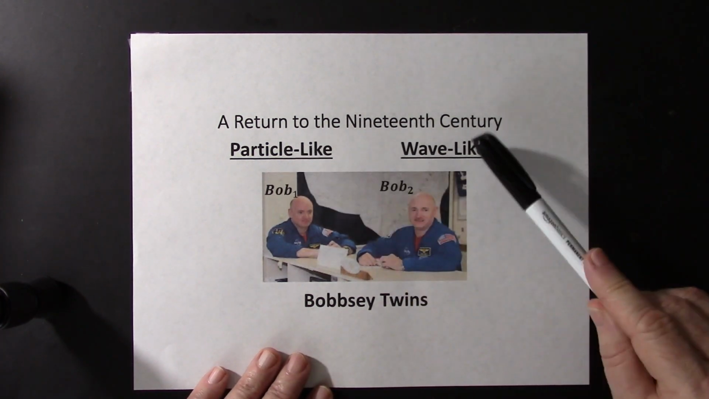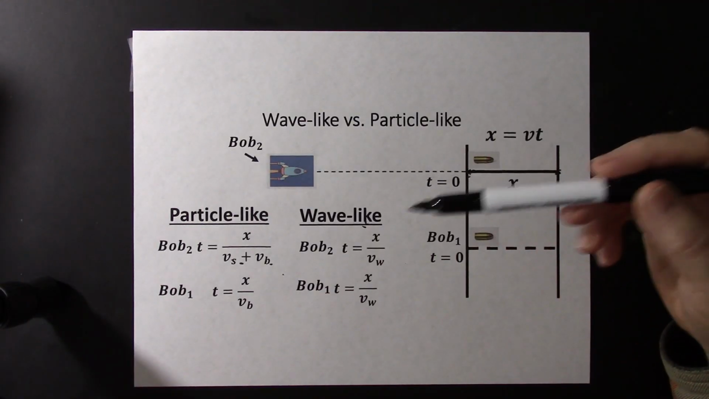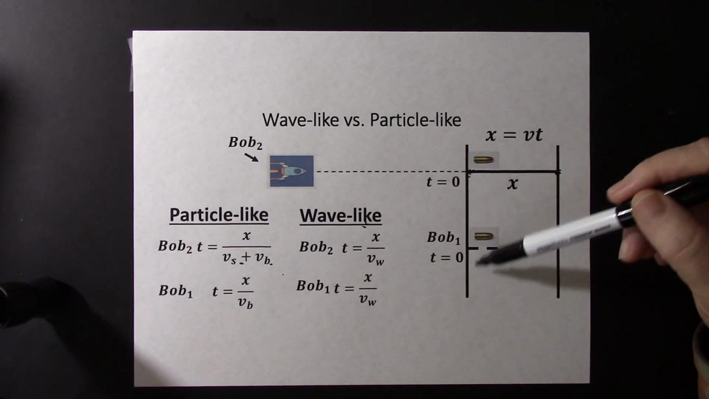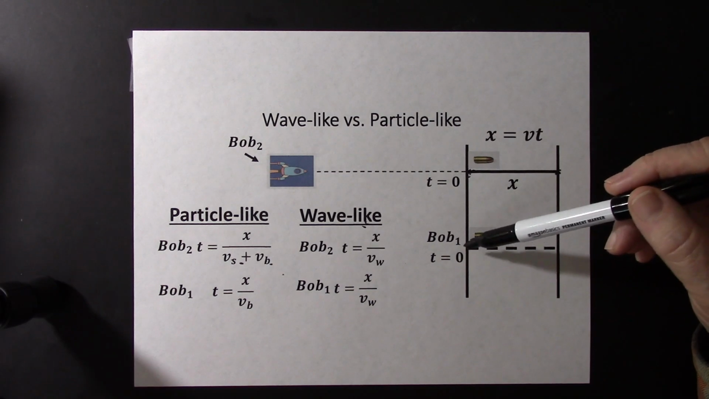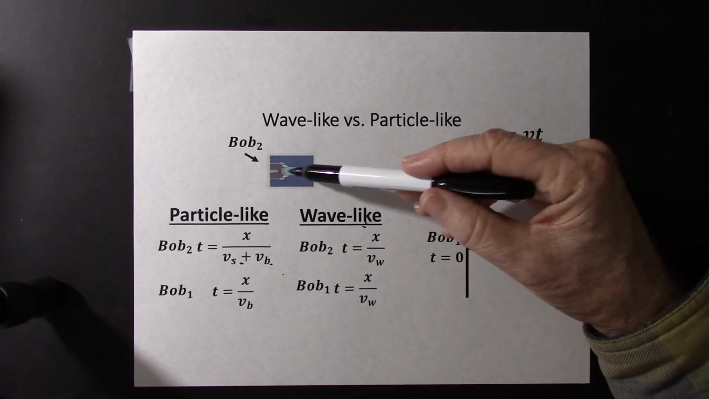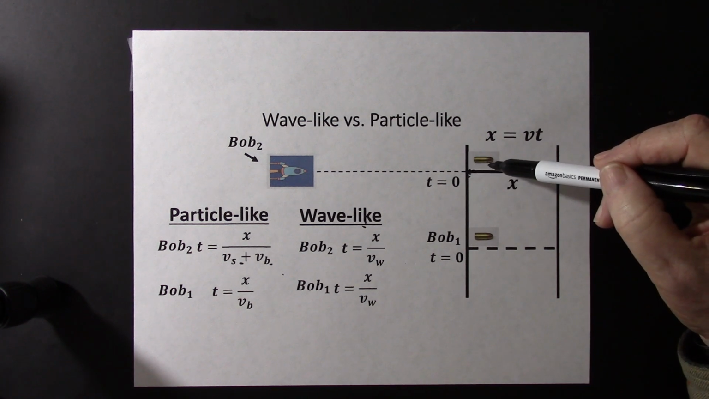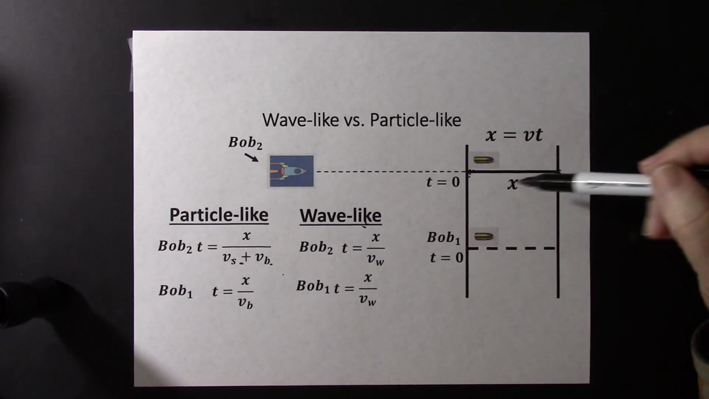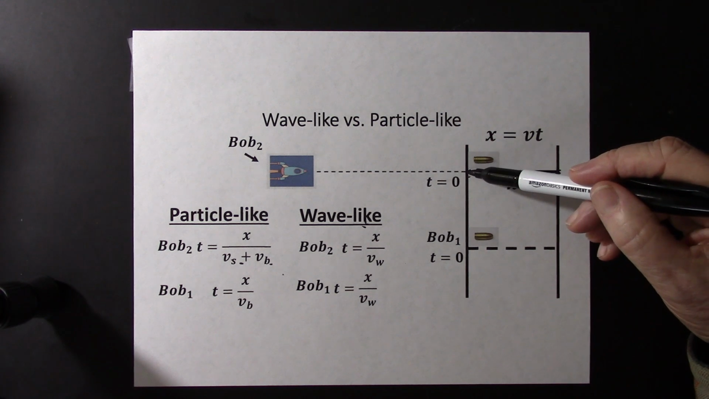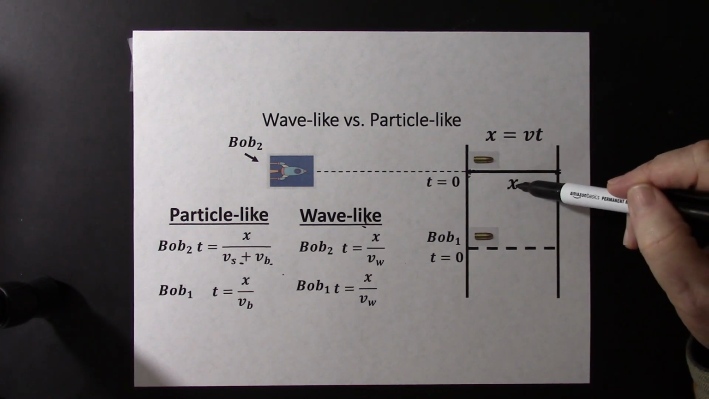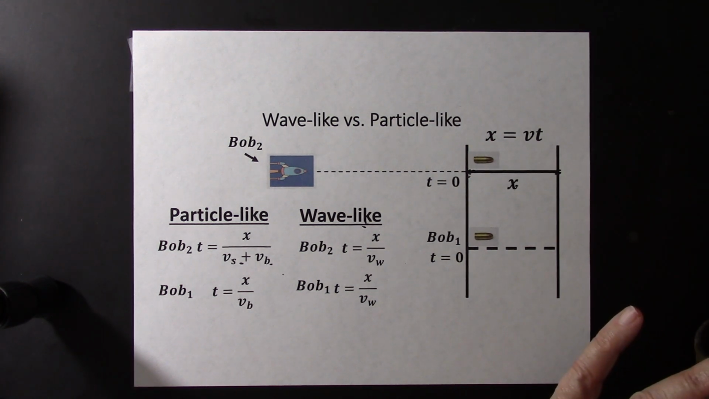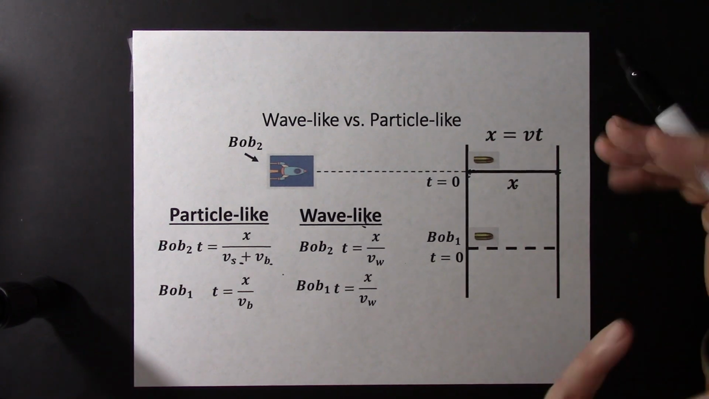How are particles different from waves? Suppose we put our twins in outer space. We'll put Bob 1 over here, and he's just floating in space. We'll put Bob 2 in a rocket ship. He comes along here, and when he gets to this point, it shoots a missile or a bullet or something from here to here, and we want to know how long it takes the bullet to go from here to here, a distance x. Well, since we're in outer space, far away from any gravitational effects, we can use this